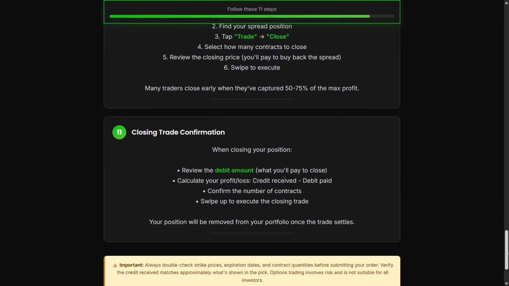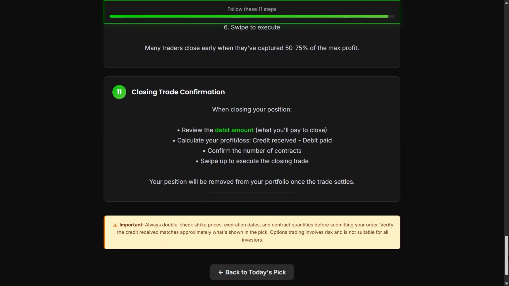Continue monitoring the underlying stock, implied volatility, and the time remaining until expiration, since these factors can affect the value